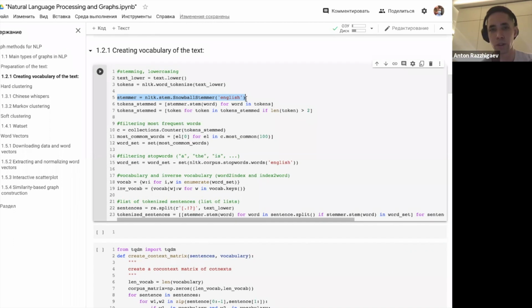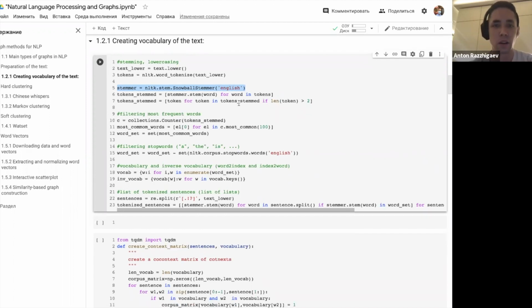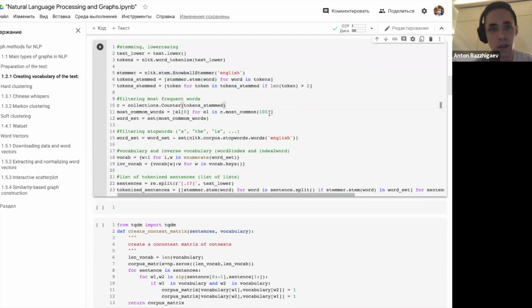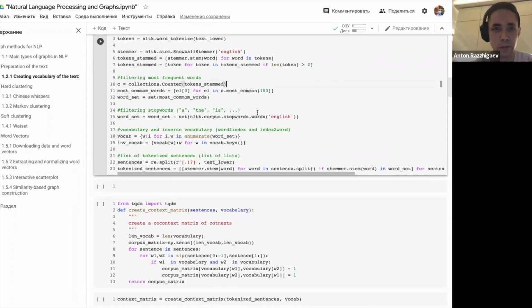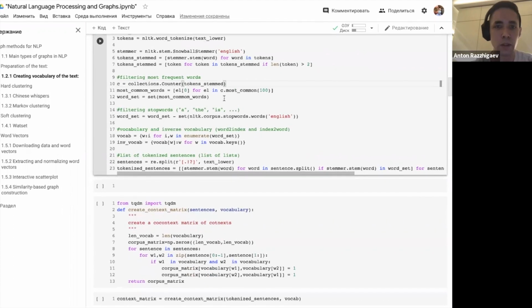So it also reduces the size of the vocabulary and makes words more similar in different grammar contexts. So here we apply stemming to all words in our text. And then we need to